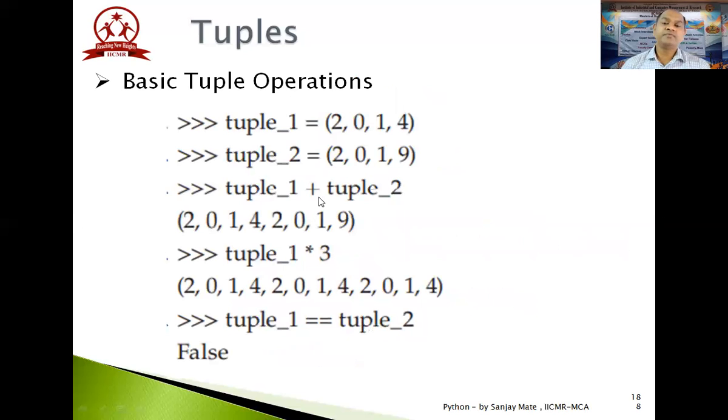Basic operations, you can perform addition, you can perform multiplication also. If you want to add two tuples, you can have tuple 1 plus tuple 2. So here you are getting the resultant tuple, that is the third tuple, that is 2014, 2019. So this is 2014, the first tuple, and 2019 is the second tuple. Yes, you cannot change the original tuple. You are getting the result in the third tuple. Here again you are multiplying by 3, which means I want this tuple repeated 3 times. So here you get 2014, 2014, 2014.